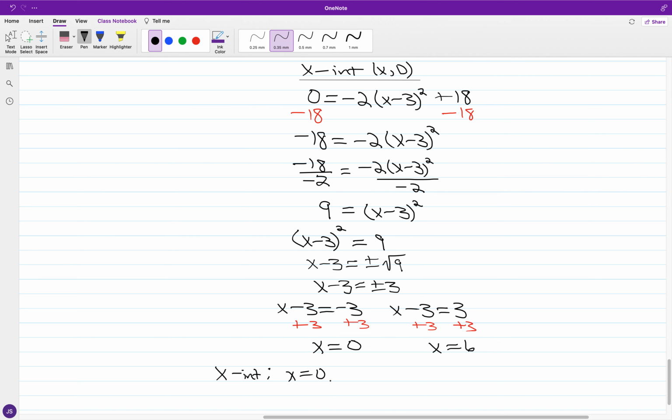We see we have x equal to 0 as well as x equal to 6. Or as ordered pairs, we're going to have the origin as well as (6, 0). And for the y-intercept,